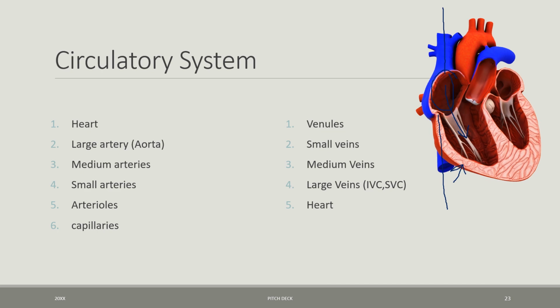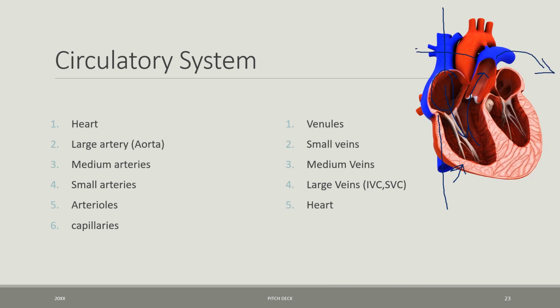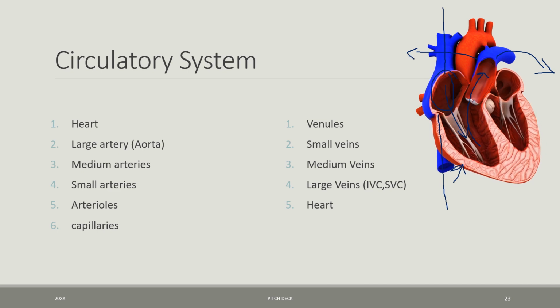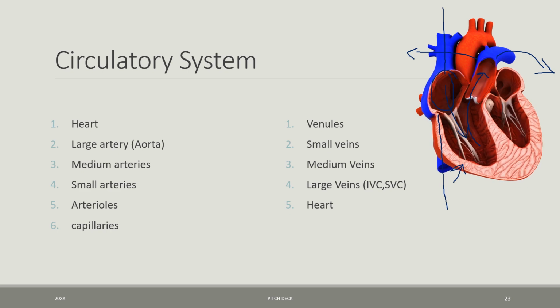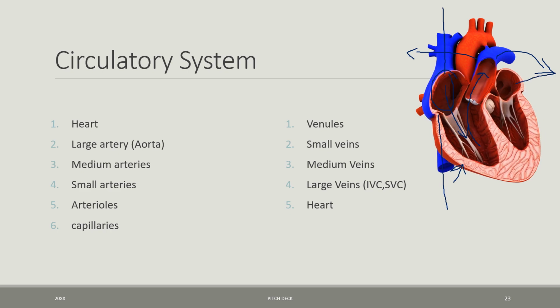Now you'll see these valves. This is the tricuspid valve, or sometimes they'll call them the endocushion valves. These will prevent the heart, when it squeezes, from pushing blood back into that atria. So instead, when my heart goes into systole, it squeezes, it's going to push my blood into my pulmonary vein here. My pulmonary vein is going to deliver that blood out to my right and my left lungs. It's going to wash over those lungs, and you're going to have the waste oxygen exchange. So it's going to drop off waste in the lungs, pick up oxygen from the lungs, and then return through my pulmonary arteries